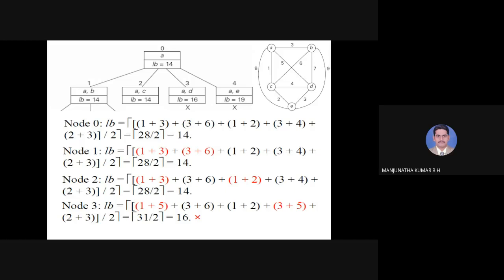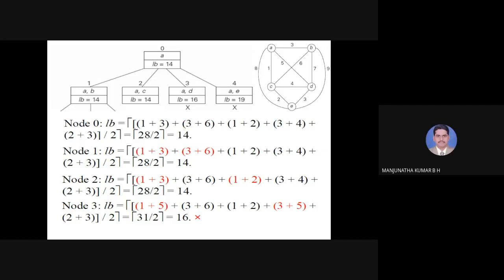Instead of going for B, suppose if I go for C as the second city, what is the value? If node 3 tells, okay, you visited A, instead of going for the city B or C as a second city, if you take D as a second city, what is the lower bound value? That we have to consider. Is it clear? Yes, sir. Okay, thank you.